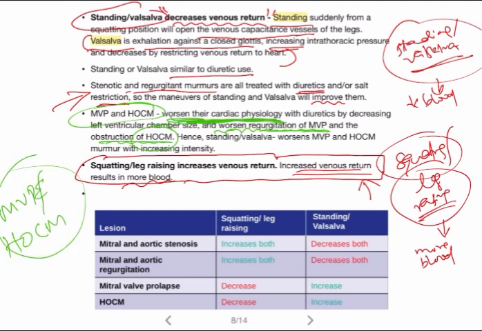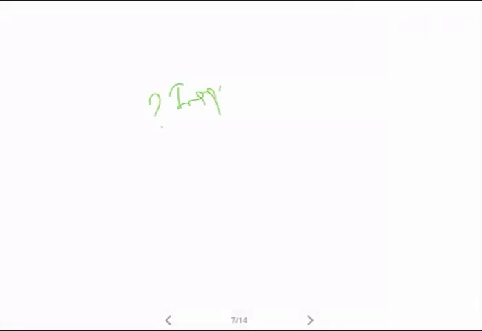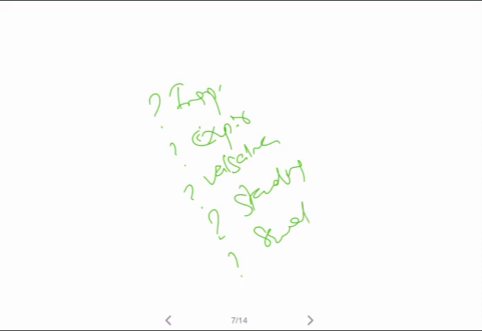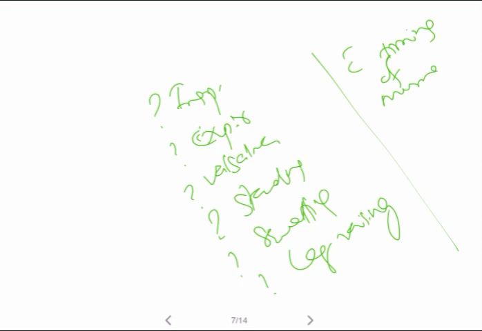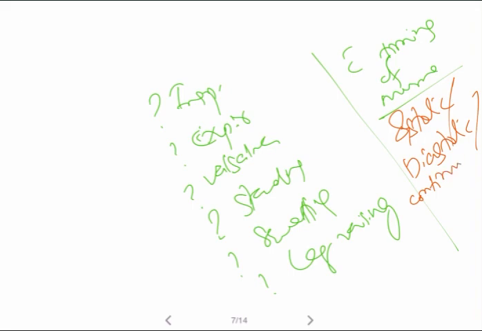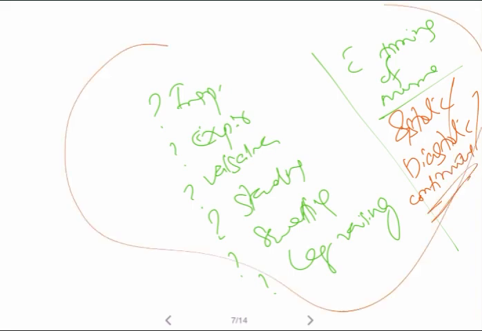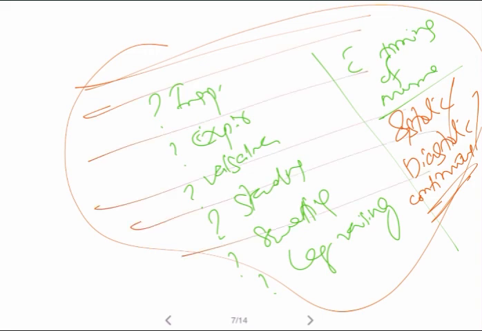If you know this and you know the capsule, you know everything. You can make your own answers. If the MCQ asks what happens with inspiration, expiration, Valsalva, standing, squatting, leg raising, and the timing of the murmur heard, whether it is systolic, diastolic, or continuous, if you know this much, you can answer almost all murmur questions in the exam, mainly for Prometric